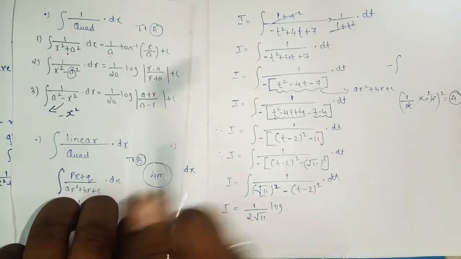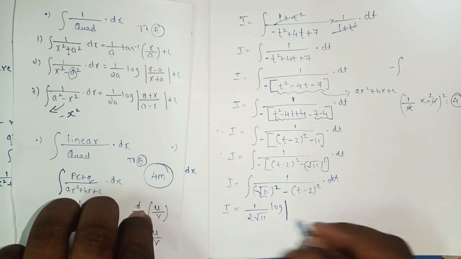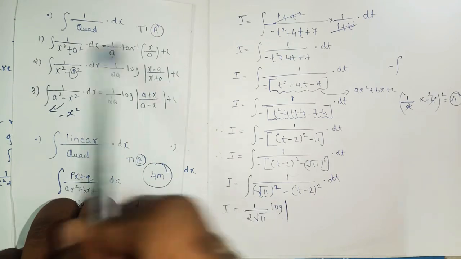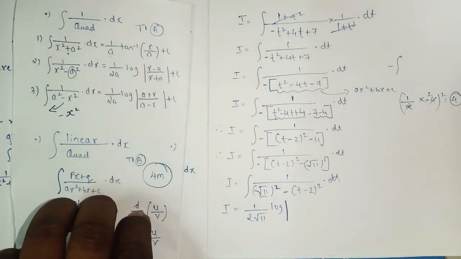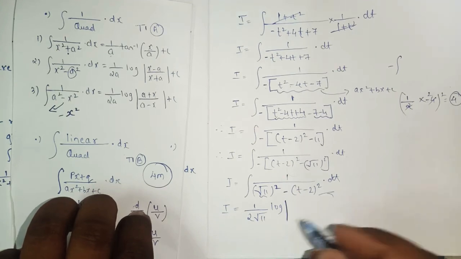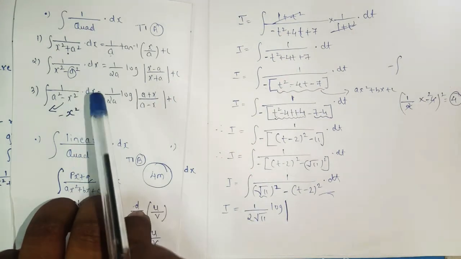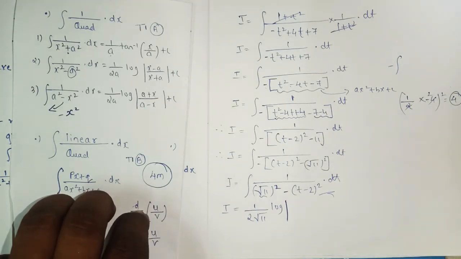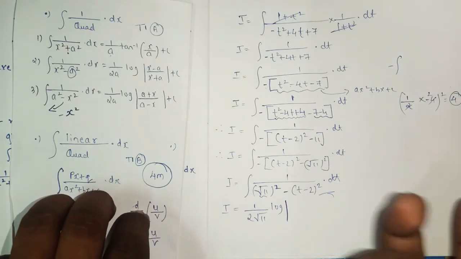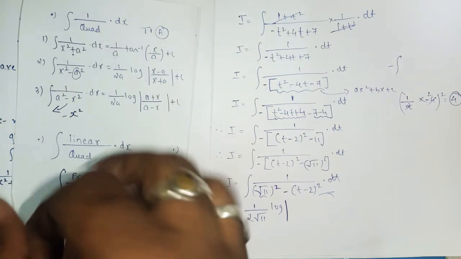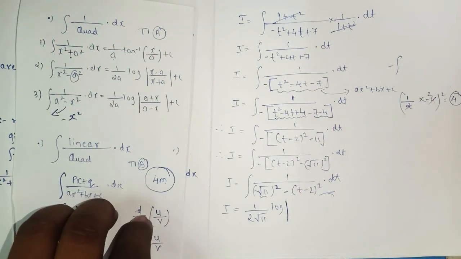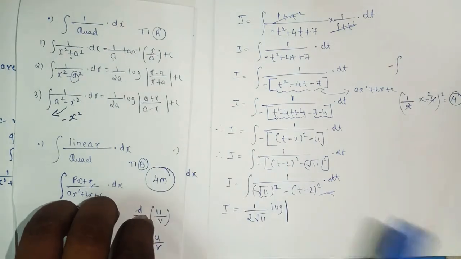Log. You have to buy the formulas. Without knowing this formula, you cannot solve the sum. Yes or no? You can solve the sum till here. What about the next? If you don't know the formula, write the formula 5-10 times, or try to buy the formula in your way, as I had explained how to buy the formula, the method, the tricks also. Yes or no? You should remember all these formulas.